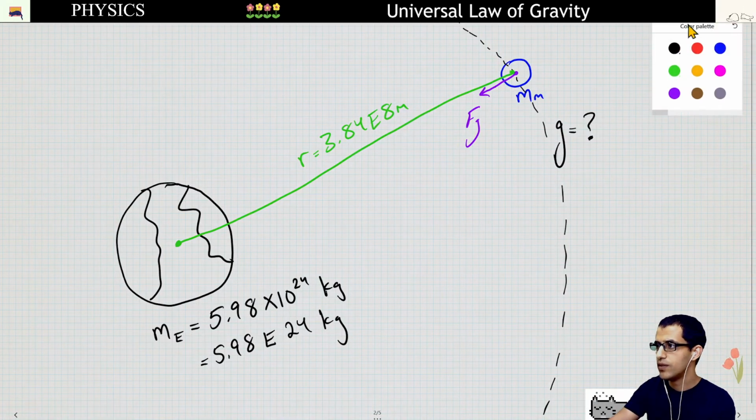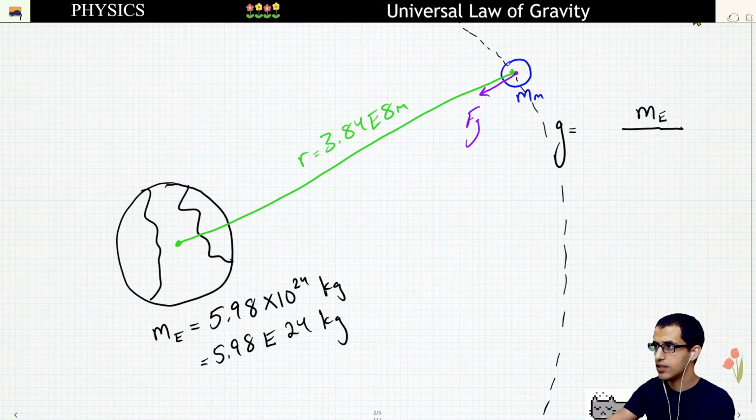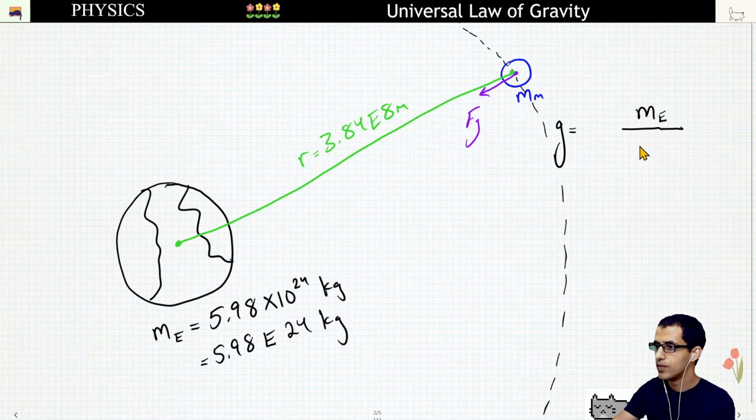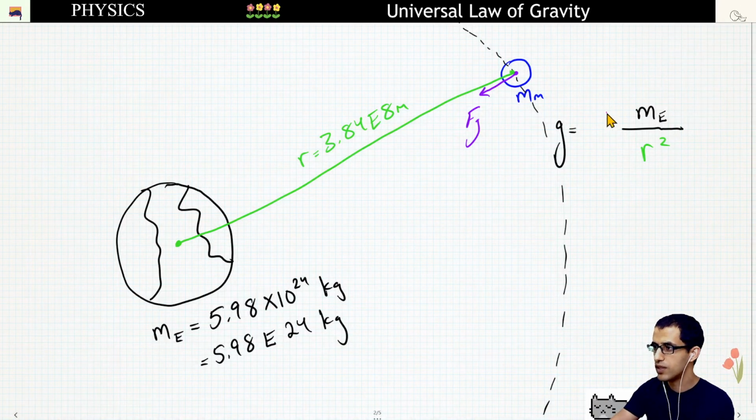And so the field intensity at this location is going to be based on the mass of the Earth, ME, and we're going to divide by the distance squared, the distance R squared, and then we need to introduce a constant, and that is the universal gravitational constant, capital